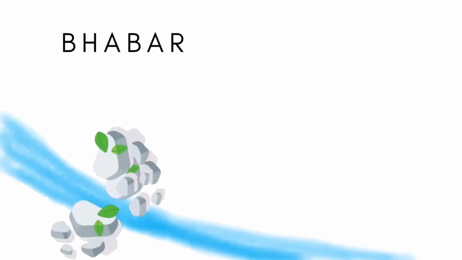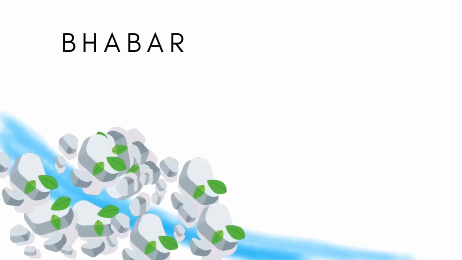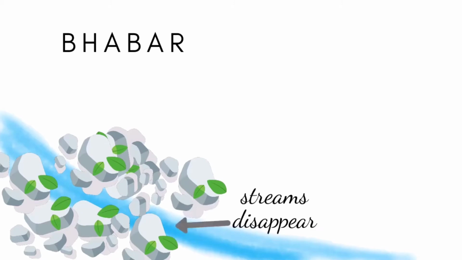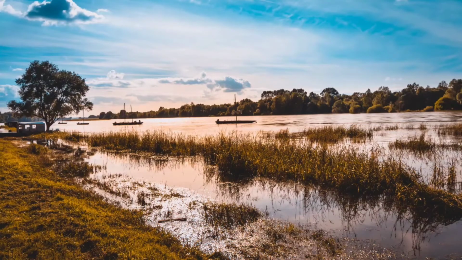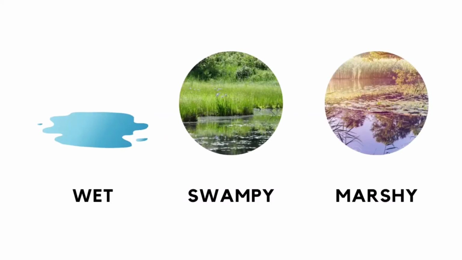Okay, so Bhabar, this is called the Bhabar. The Bhabar is where the rivers originate and deposit pebbles. Streams deposit these pebbles in these places, and then this place is wet, swampy and marshy land. Okay, and then the Terai plains. The Terai plains means it deposited alluvial soil, and in the center the river goes and joins the sea or ocean.